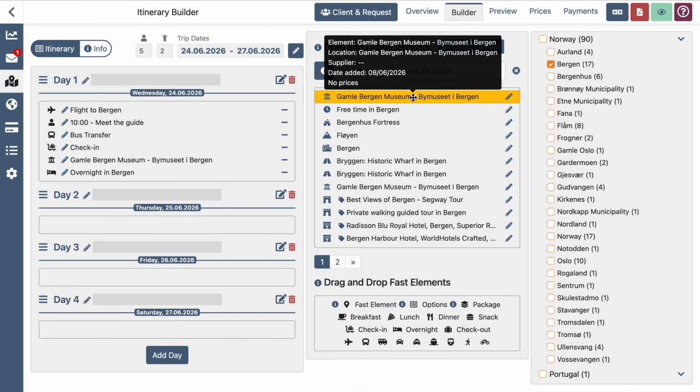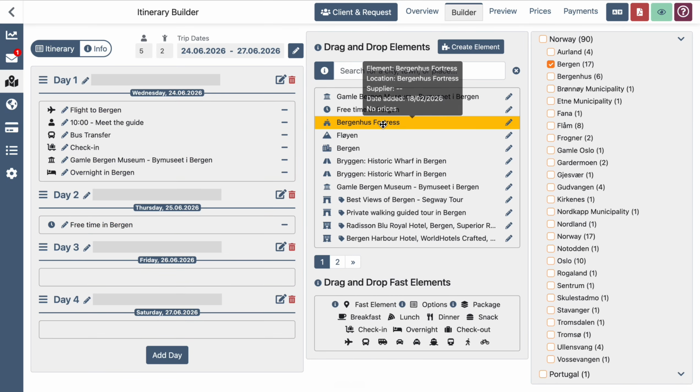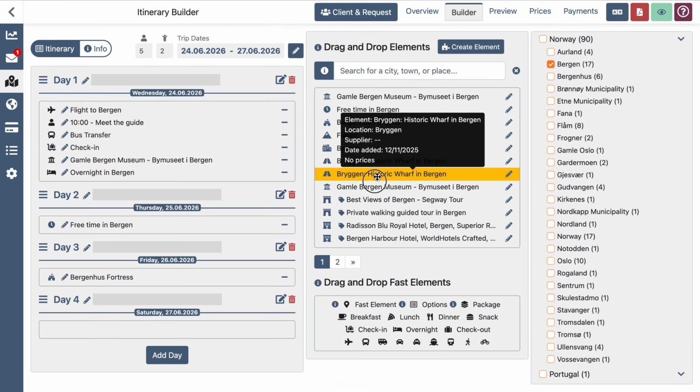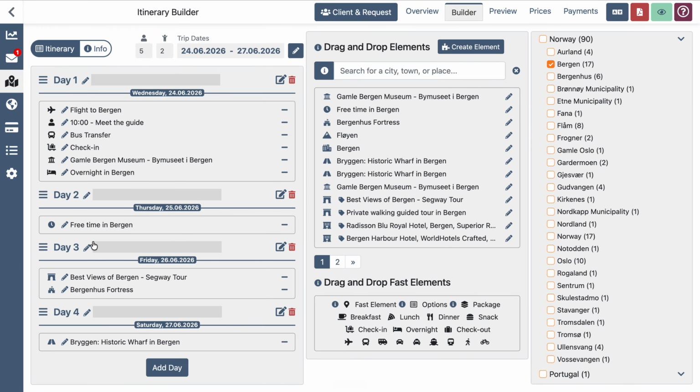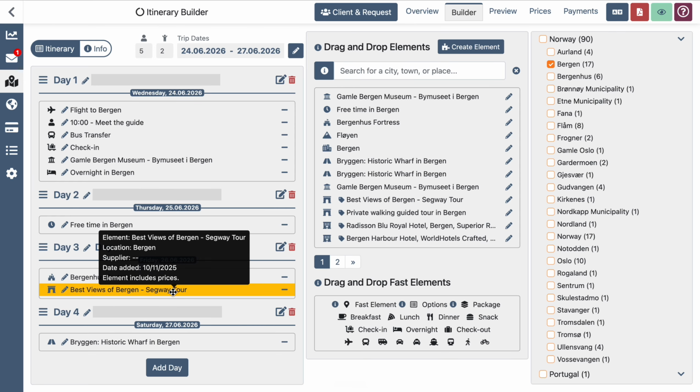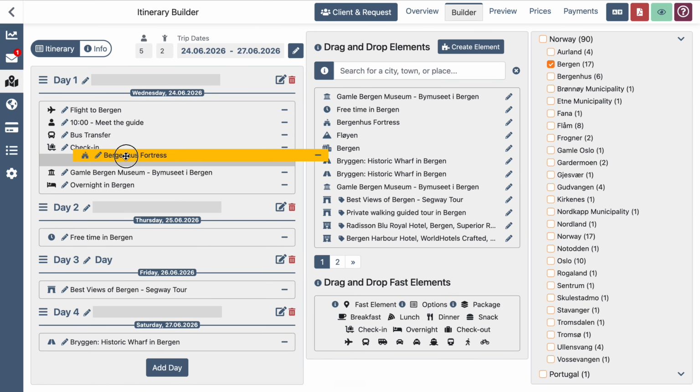Once your itinerary starts taking shape, you can easily customize both its structure and its content. To rename a day, simply click the pencil icon next to the day title and enter a new name. You can drag and drop elements within the same day, between different days, or reorder entire days by dragging and